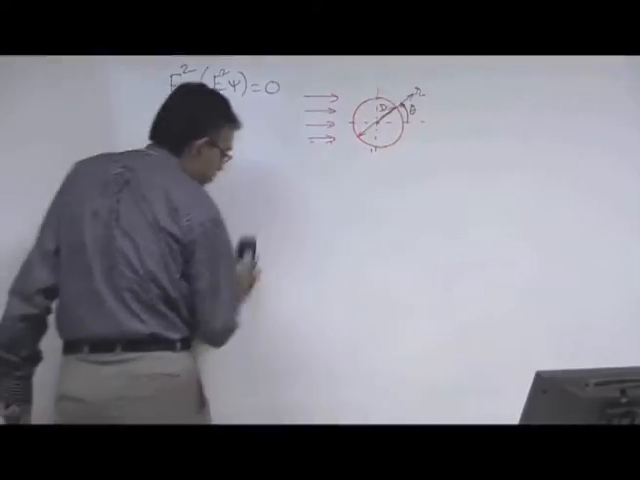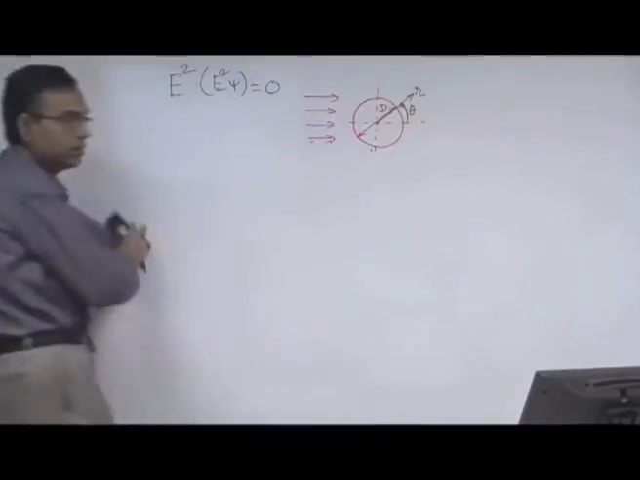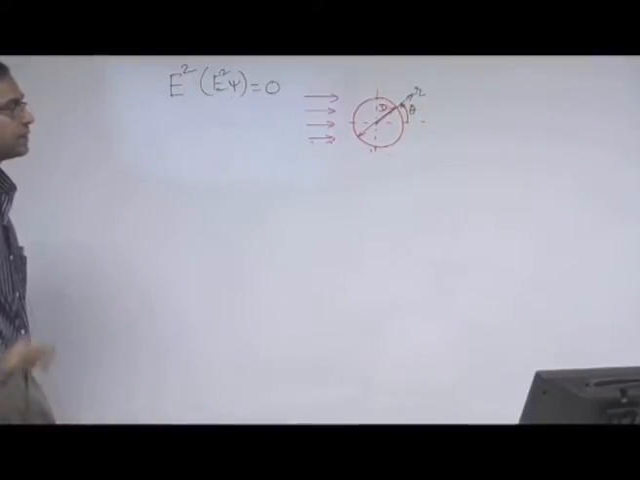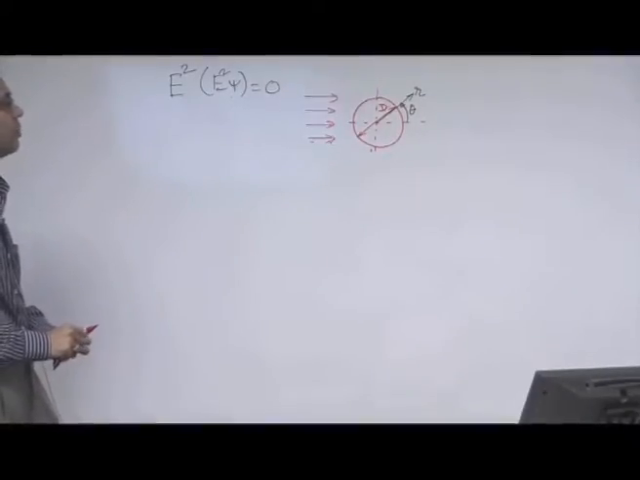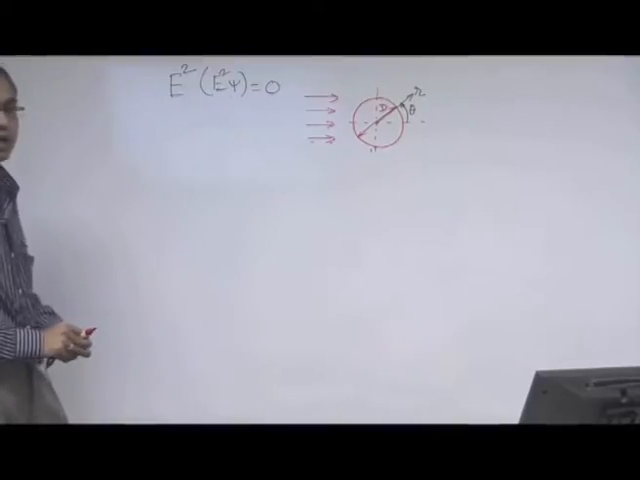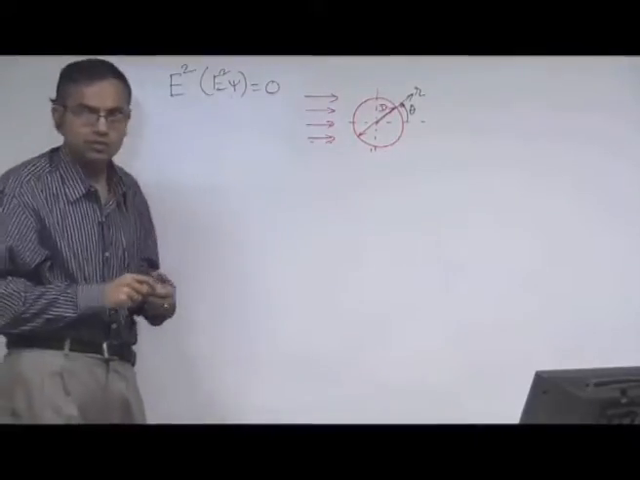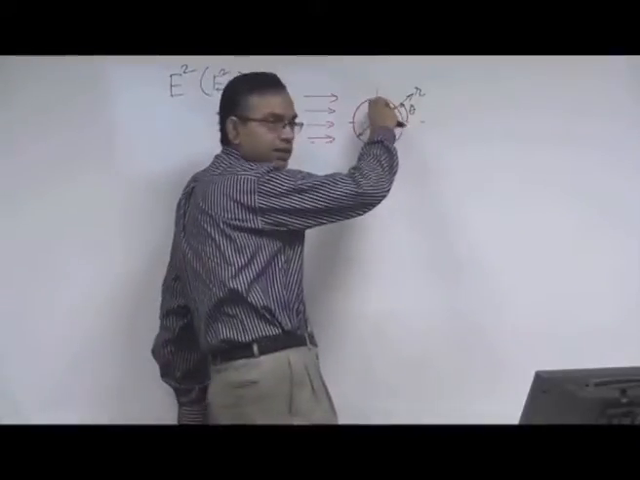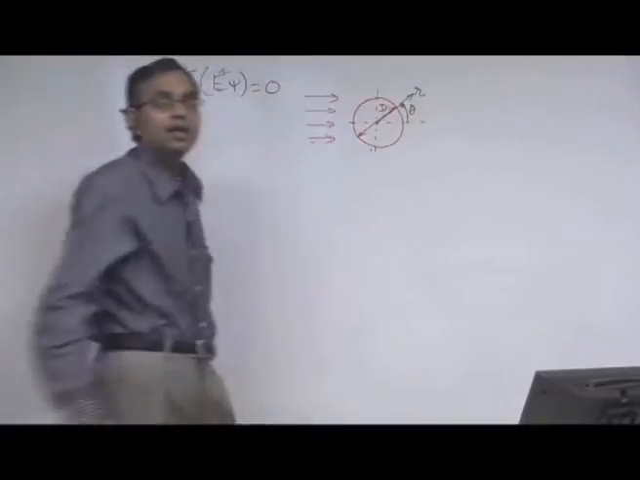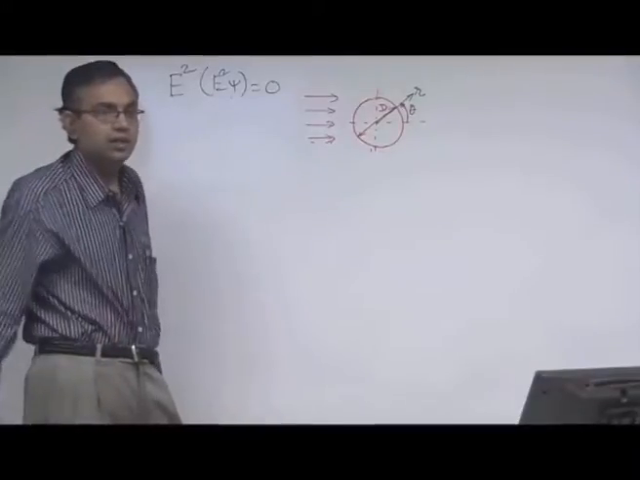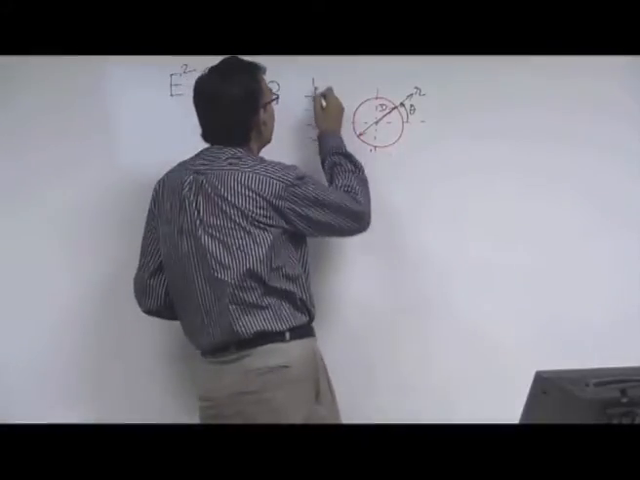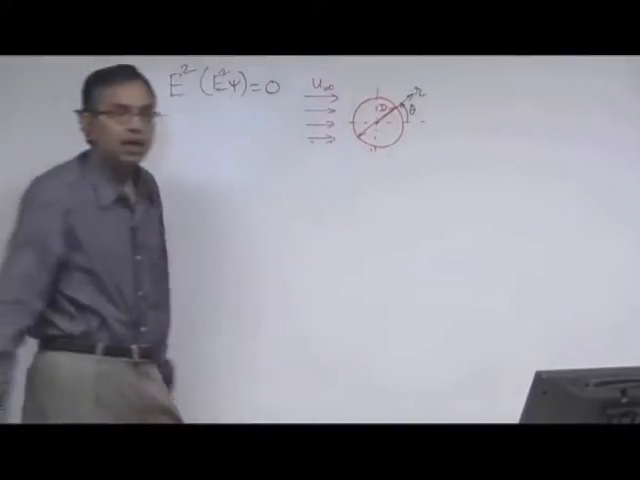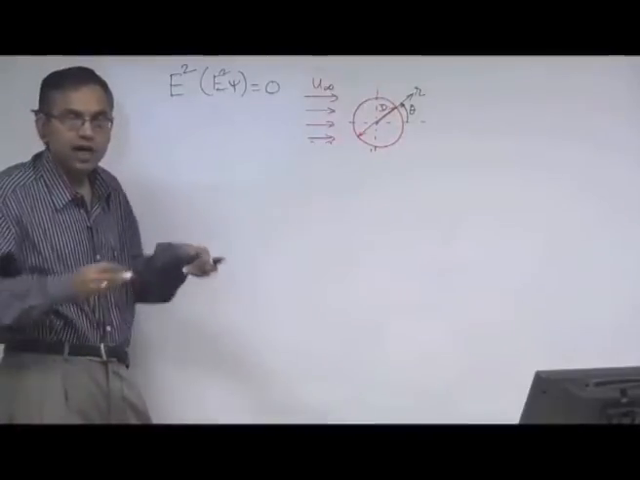Now, next, we will try to assess what the velocity field will be far away from the sphere. We intuitively expect that far away from the sphere the effect of the sphere will not be important. So the velocity field, if this is u infinity, will again become u infinity far away from the sphere